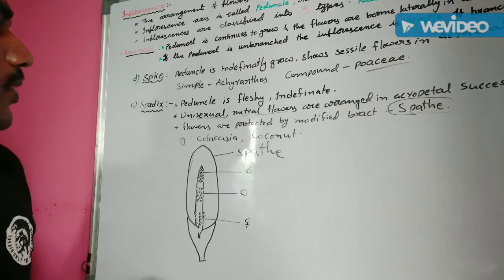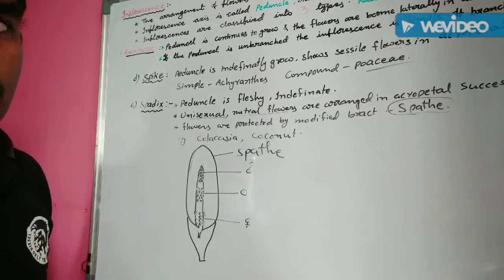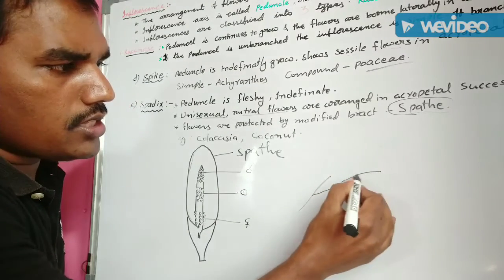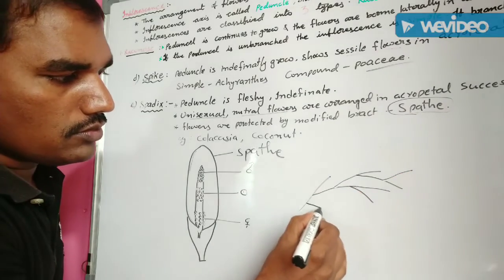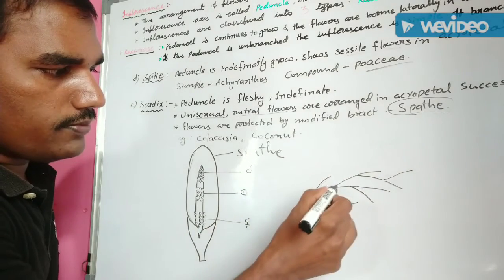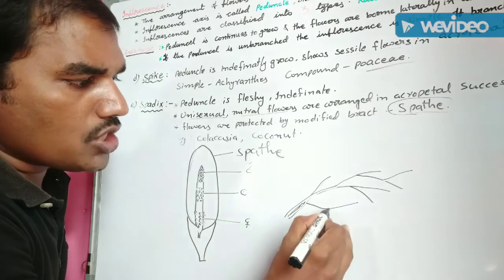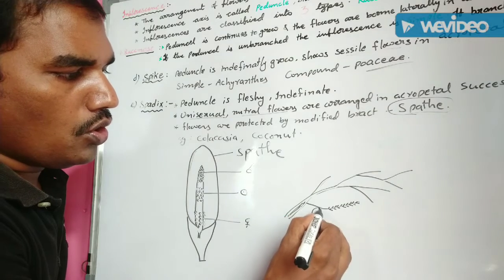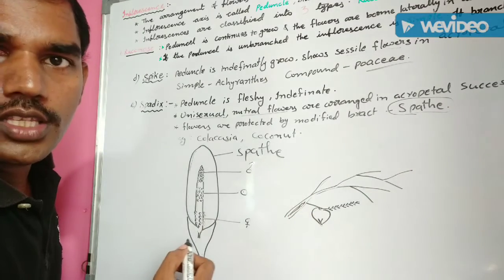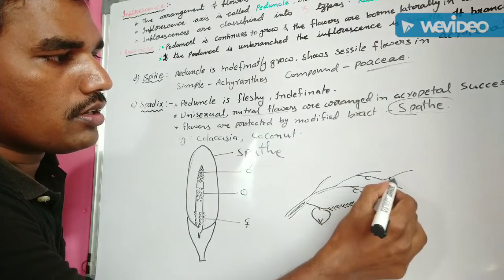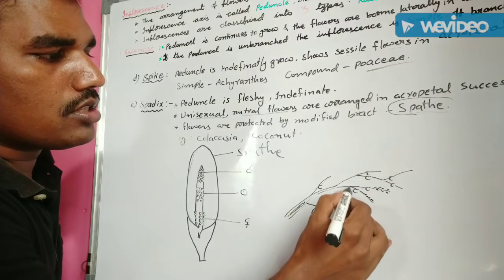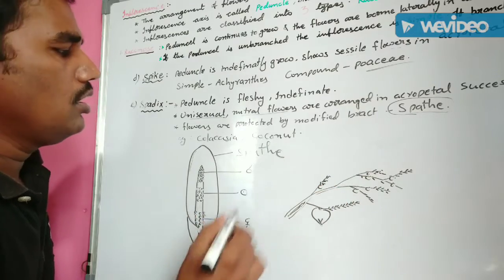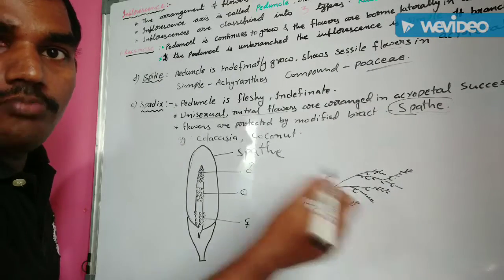Okay, clear? But in compound spadix, the peduncle is branched. Understand? In this branched peduncle, every branch resembles a simple spadix. You know already, coconut, Cocos nucifera. In this Cocos nucifera, the peduncle is branched. Every branch of this peduncle shows a simple spadix, but this entire compound inflorescence is